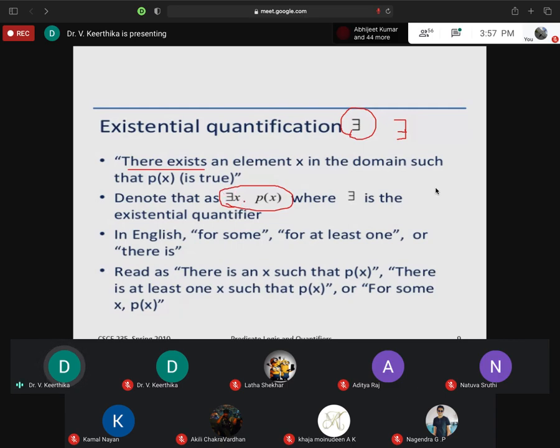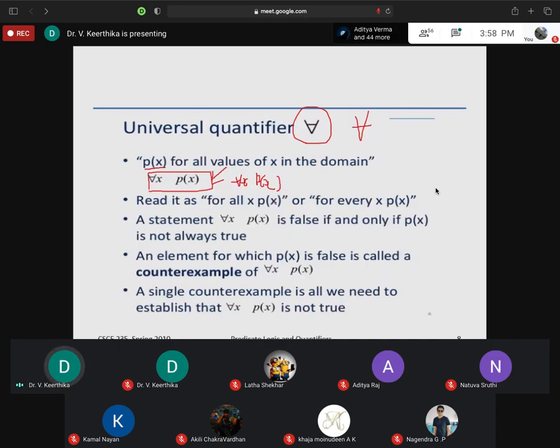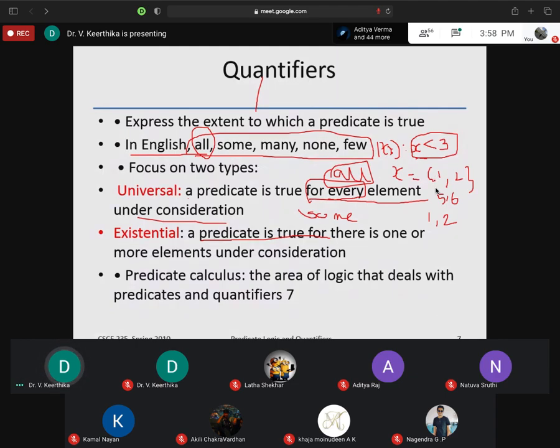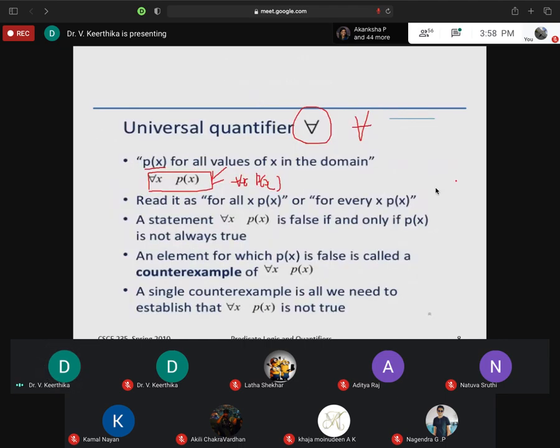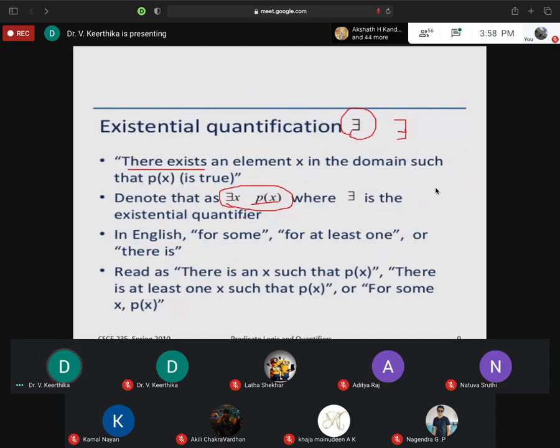For some value of x, P of x is true. That's it. So for some value of x, P of x is true, as we saw in this example. x is {1, 2, 3}; for all it fails, but I added some more values so that I can say for some values, 1 and 2, this can be true. The same thing I can write in the inference form, or symbolic form.